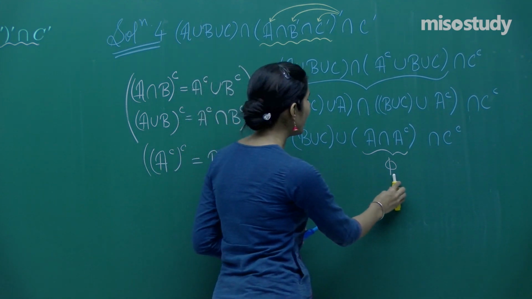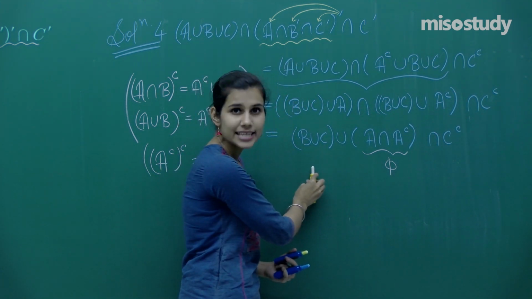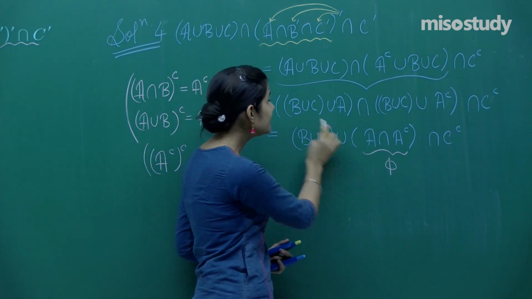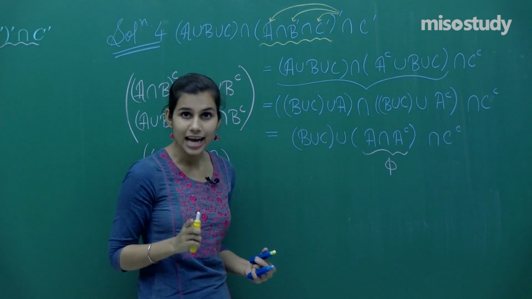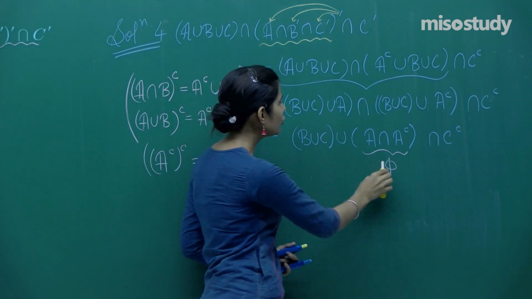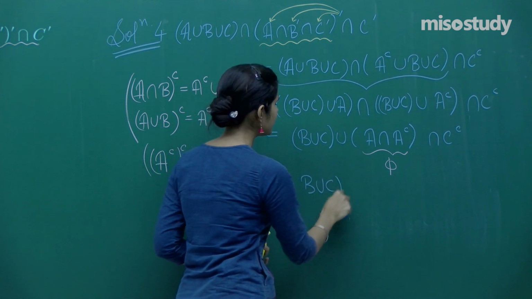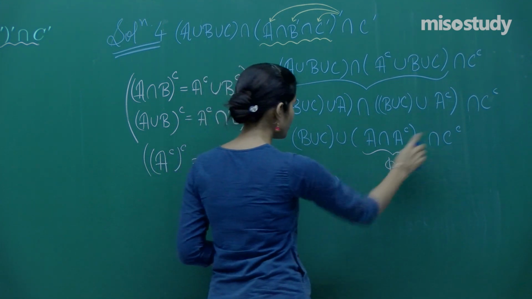Once you take phi to be the union with any set, you know by the very identity law that the identity of B union C will not get hampered. B union C union phi is going to give you again B union C, and you will be left with